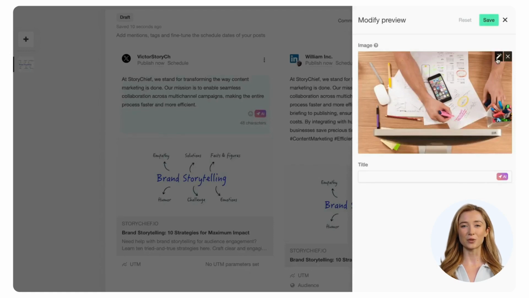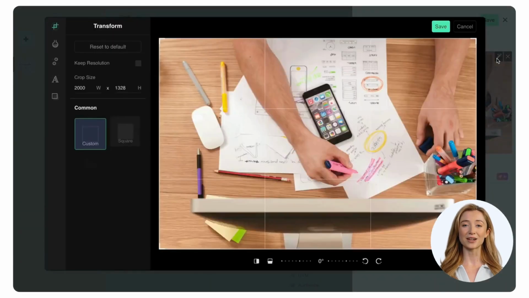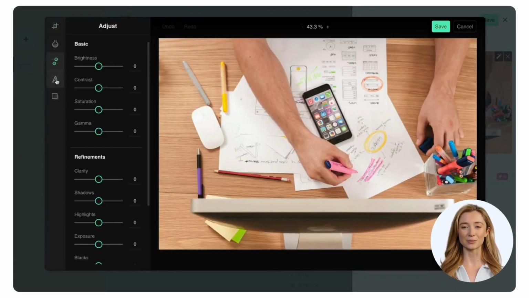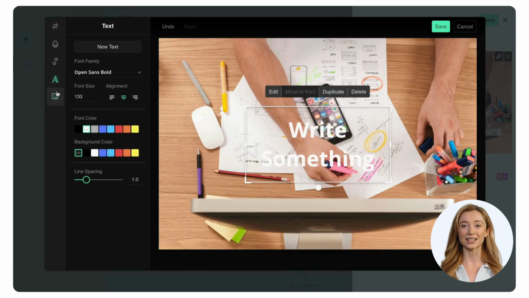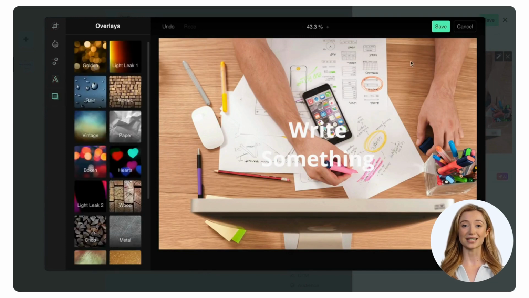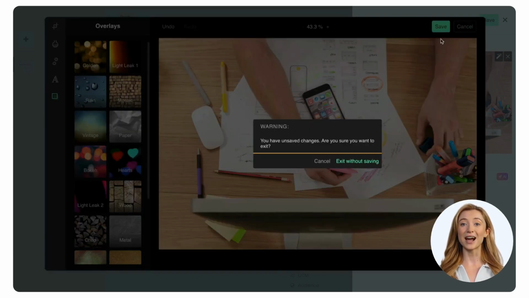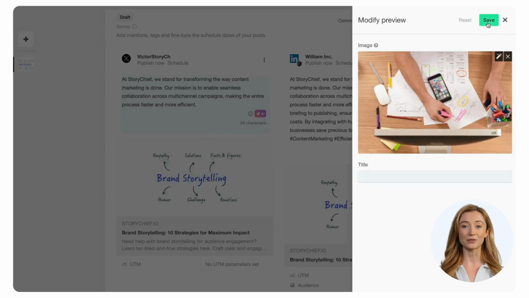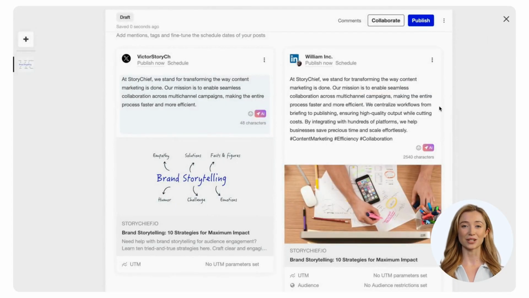In the top right corner of the image, you'll see our magic wand. This feature allows you to adjust images even after uploading them to further allow customization. Optionally fill in a title and click Save. Now, our LinkedIn post stands out from the others. Make use of our customization to optimize your content for maximum engagement.